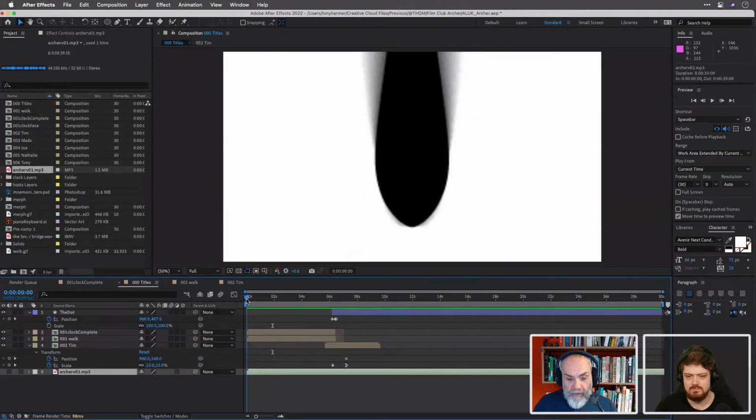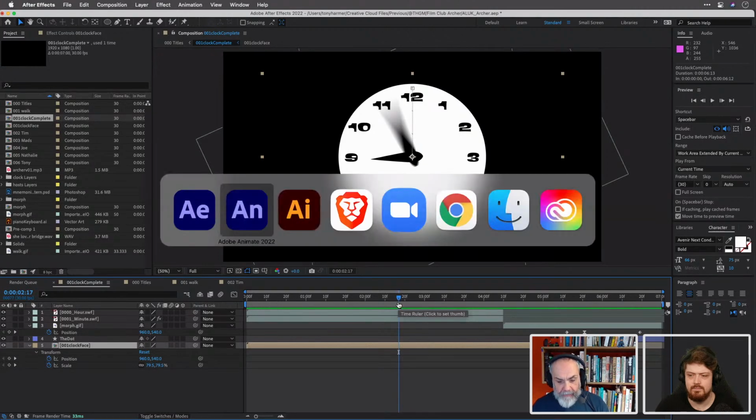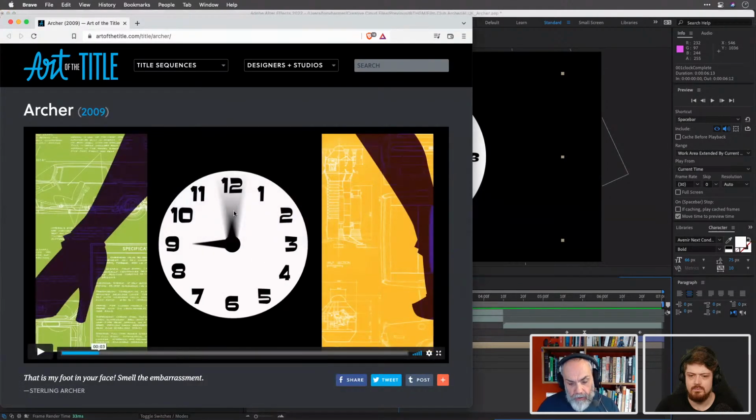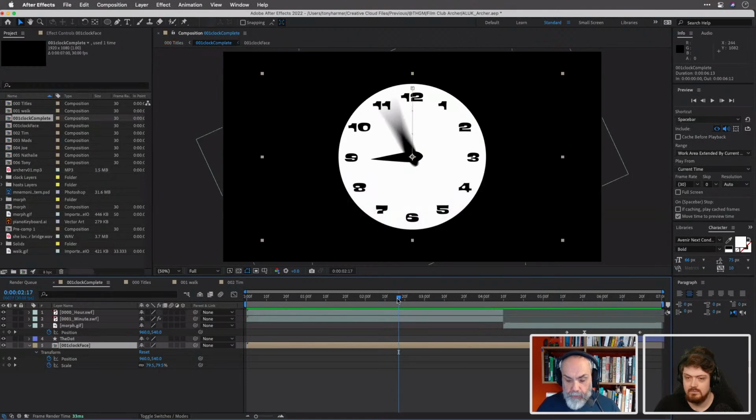So this is where we are at the moment. I've brought this in. I've created a composition or a series of compositions. If I go into clock complete just here, this has the animations and there's some blur, just radial blur on the minute hand there. Not even motion blur? No, I used radial blur here because I was trying to match as much as possible. I think if I look at the original here, that looks to me more like radial blur. And so I used radial blur for it, not motion blur. Because I was trying to get as close to that as possible, which is one of the only places I've tried to be as close to it as possible.